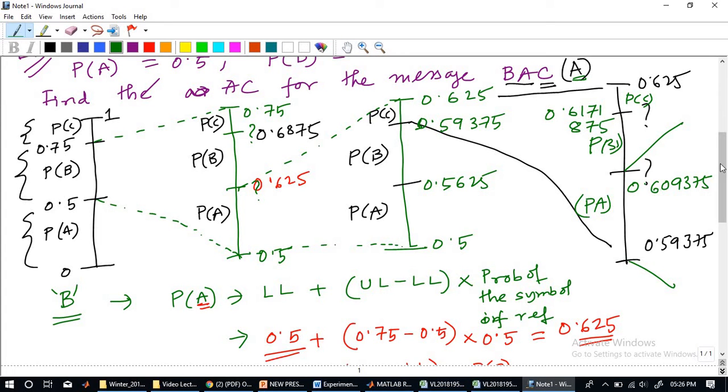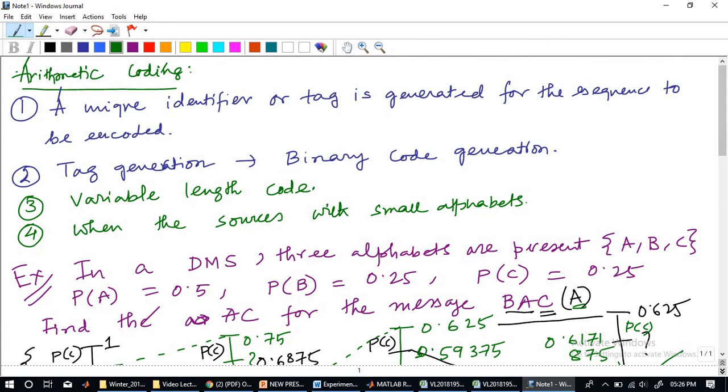As I have mentioned here, one is tag generation and the other is binary code generation. If you get the value in some decimal figure, just convert that to binary. Whatever sequence of ones and zeros you get will be the code word, given the tag. I am not doing that because it's simple. This is where the complexity is more likely. So this is the encoding part.